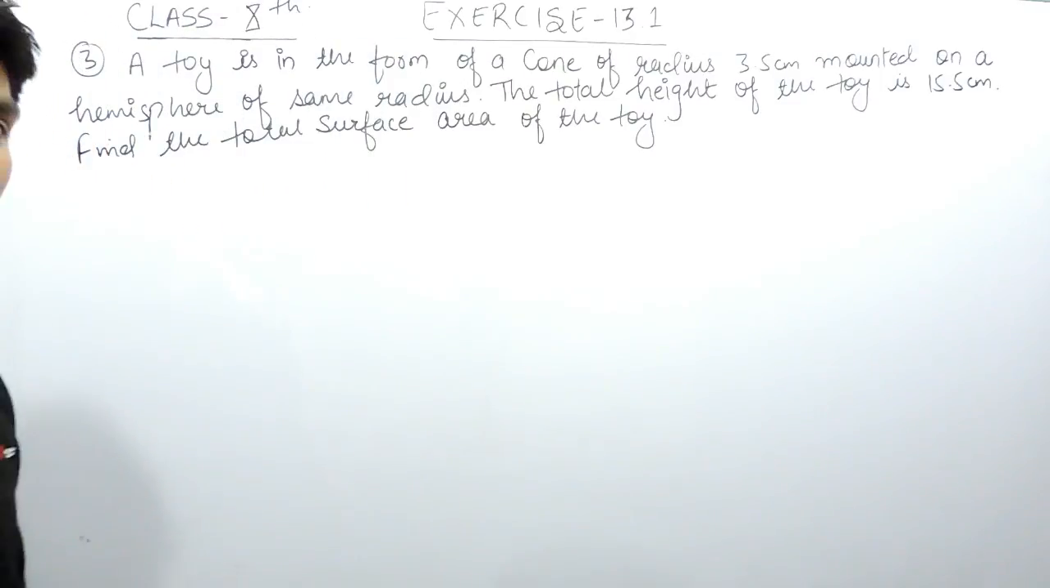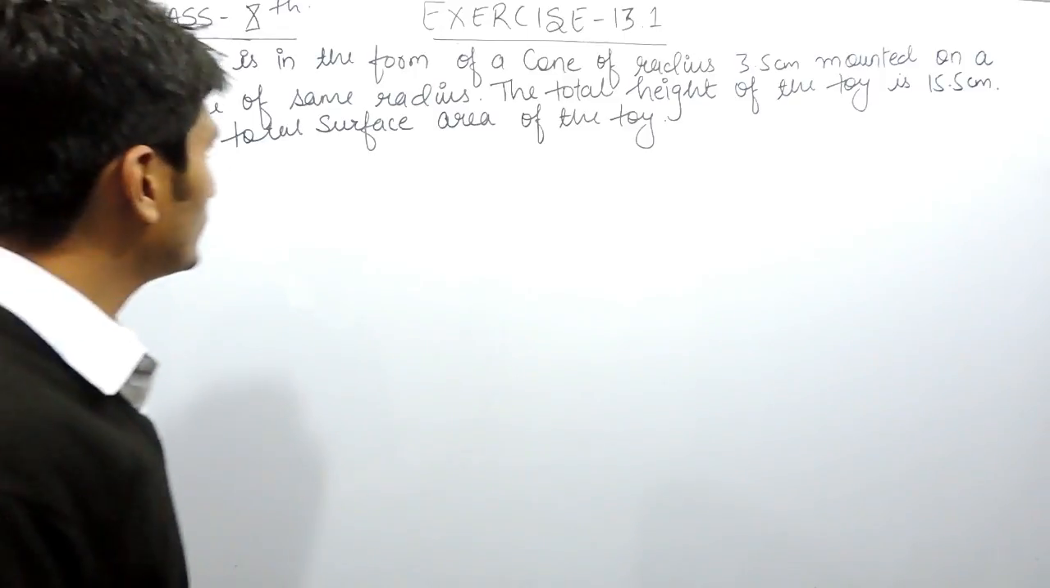We are going to solve question number 3 of exercise 13.1. The question says a toy is in the form of a cone of radius 3.5 cm mounted on the hemisphere of same radius. The total height of the toy is 15.5 cm. You have to find the total surface area of the toy. Now in this case